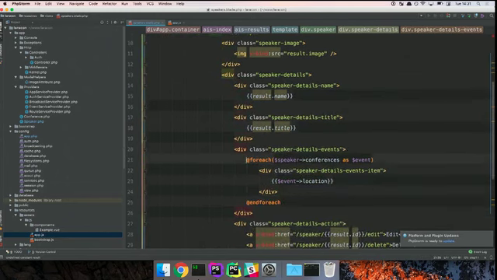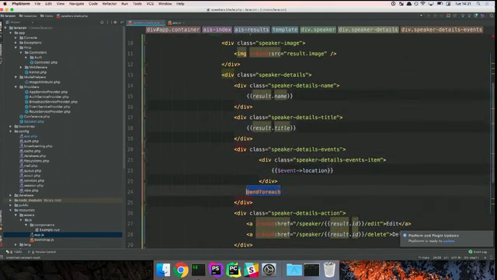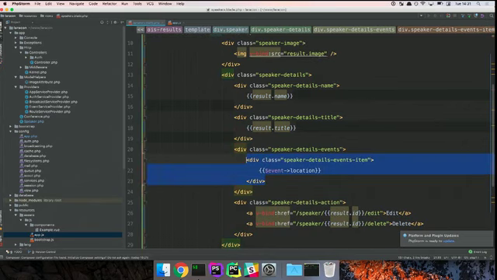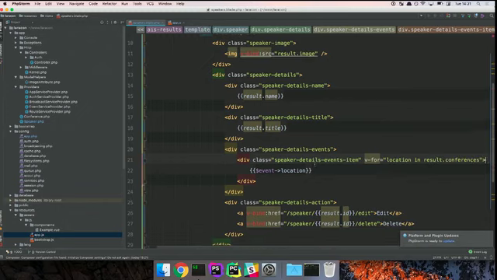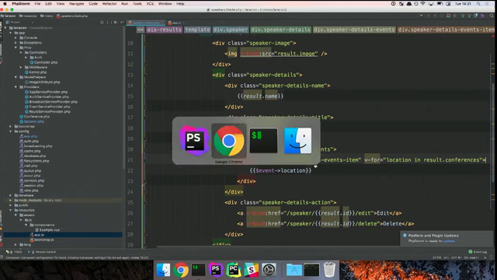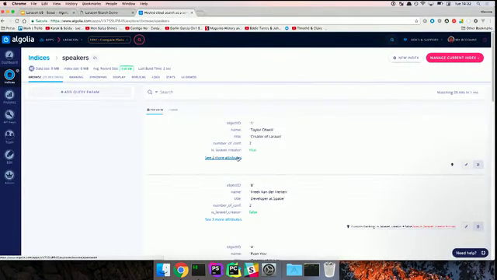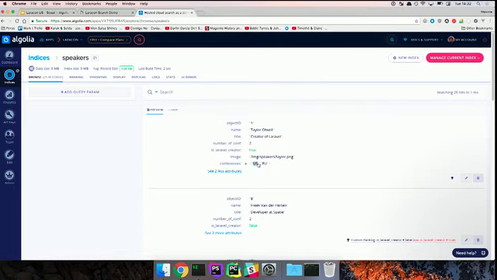I still have a Blade loop, so I'm going to remove it and replace it with a Vue loop. v-for, location in result.conferences. Inside result.conferences, we see that we have the location directly.